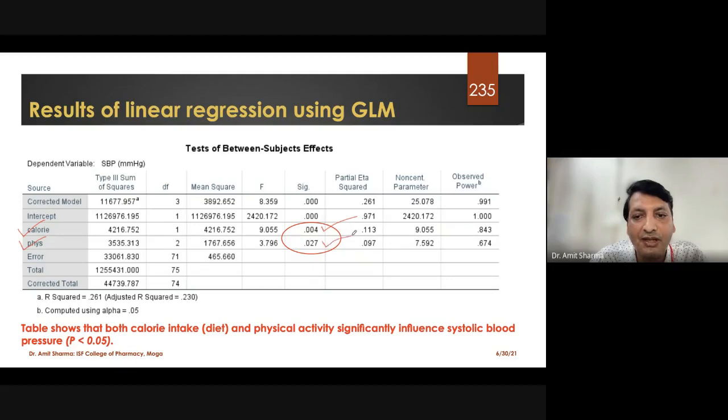But if someone asks me which of these two variables, calorie and physical activity, is affecting more, I have the answer. I can say that calorie is affecting more as compared to physical activity. Now, why have I chosen calorie? Why not physical activity? The variable which has the lower p-value will be considered as